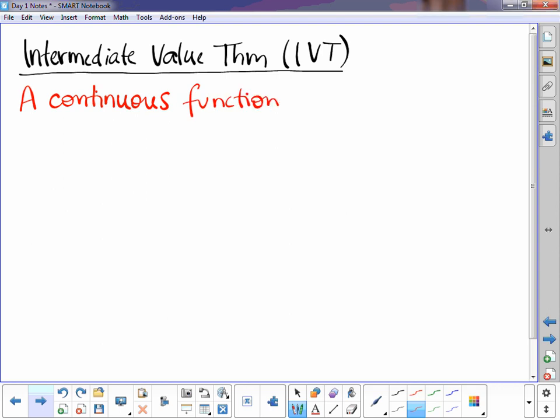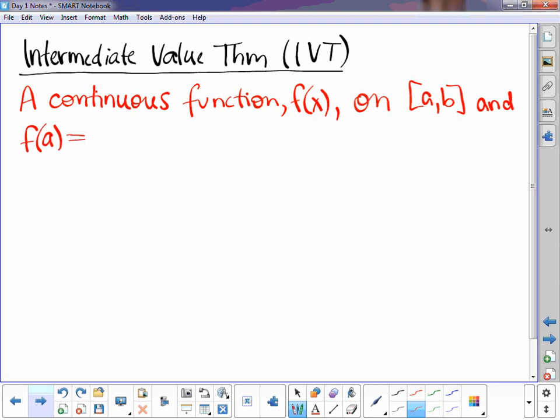and we'll go with old reliable f of x. A continuous function on the interval a to b, closed interval a to b. And our endpoints are different heights, so f of a does not equal f of b. Okay, so a continuous function on the closed interval where endpoint heights are different must have a value c